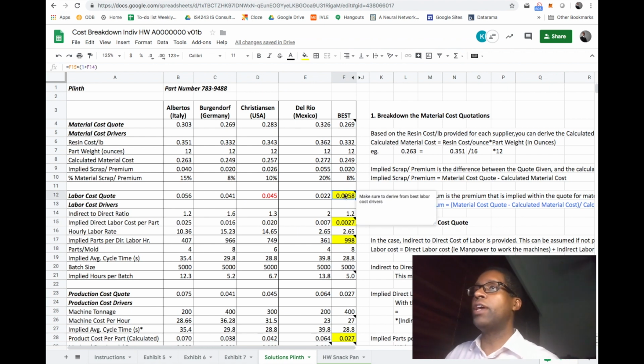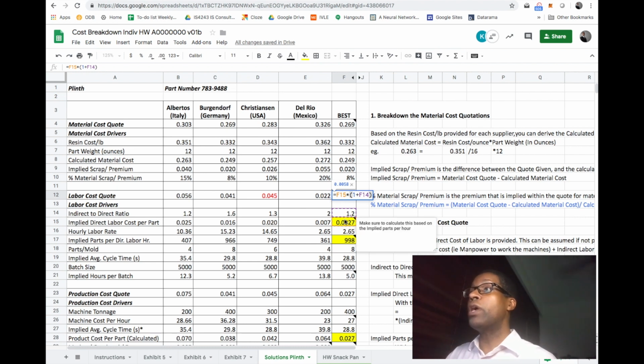So what we're looking at here is that we take the calculation of what could the best labor quote be. So now we need to look down. F15, the implied direct labor per part versus the indirect to direct ratio. For labor cost quote, we need to look down. We want to calculate out using the indirect to direct ratio and the implied direct labor cost per part. Now, where did we get that from? This is a tremendous difference,